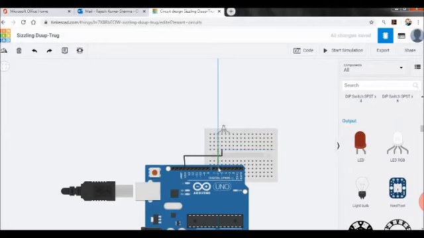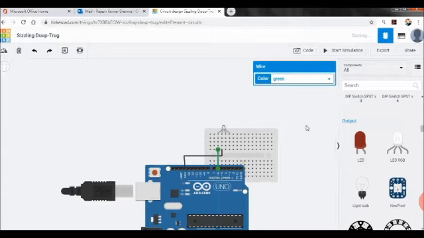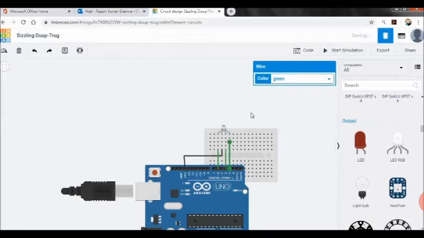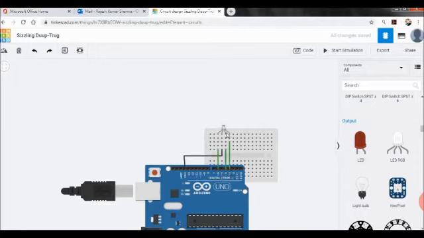Since the RGB has 3 different pins for the color, for each pin we have to select one digital pin of Arduino. So this is pin number 6, and then this is 4. That is your choice how you want to connect the wire. I'm connecting just in front of the RGB, otherwise it's your choice, any of the pins you can select. So we have selected pin number 3, pin number 4 and pin number 6, and the same pins should be written